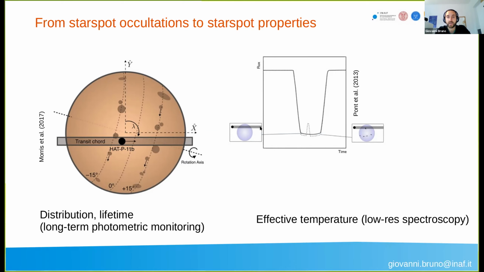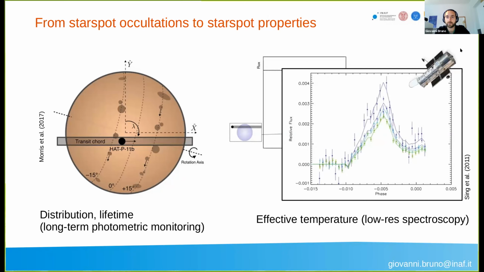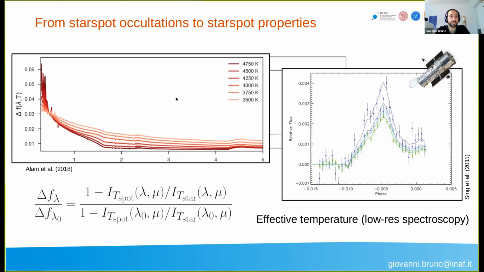In particular, when a starspot is occulted, I am showing you an example that was studied by David Singh and collaborators. This is a starspot occultation, like a zoom in on the transit for HD 189733, where HST STIS observed an occultation, and the authors looked at the variation of the size of the occultation bump during the transit, and they related this variation to the starspot contrast spectrum. So here you see